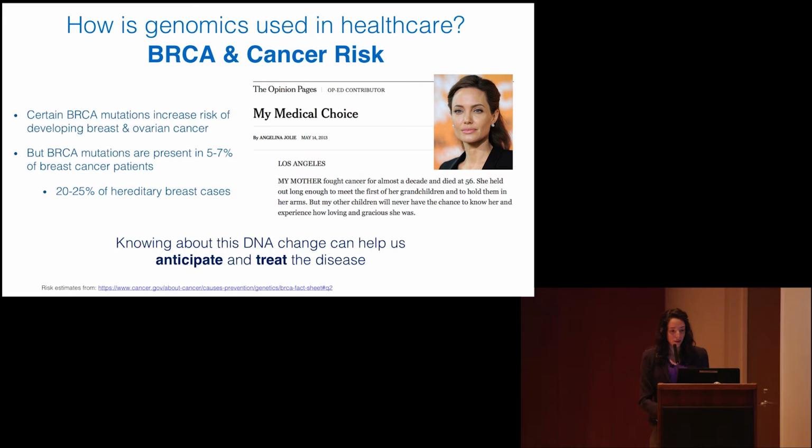So another thing that you may have heard about related to BRCA is that Angelina Jolie found out that she had one of these mutations, and she decided to have a mastectomy, basically removing the breast tissue before she developed cancer. So knowing about this mutation allowed her to make a proactive choice to avoid the disease. So that's kind of the most